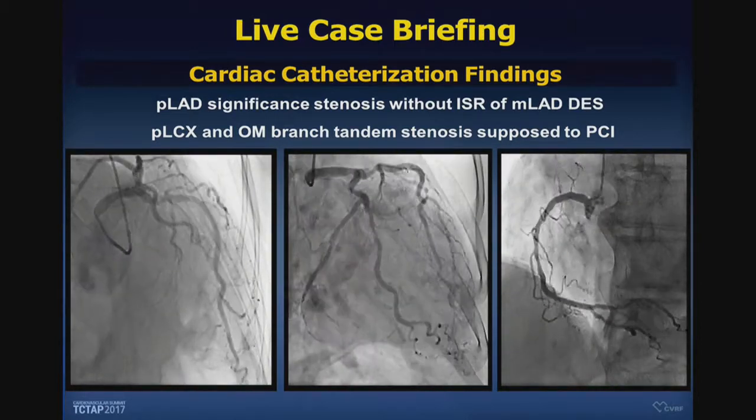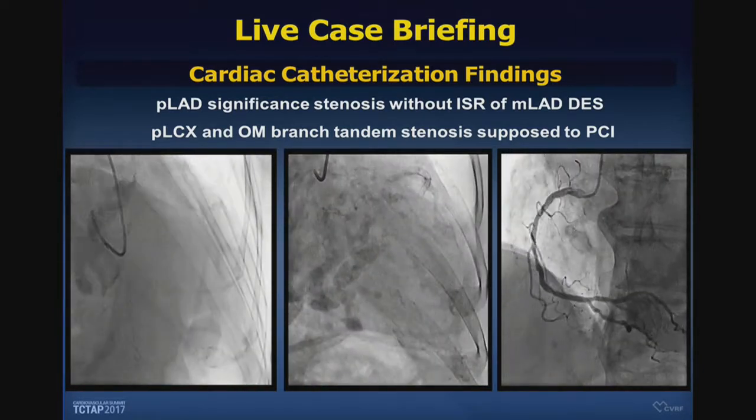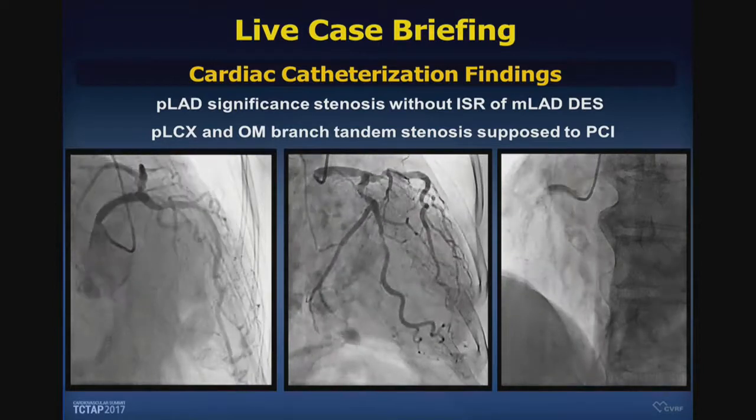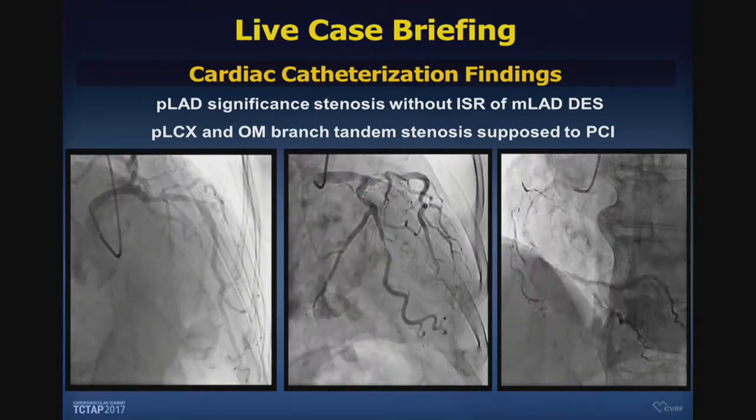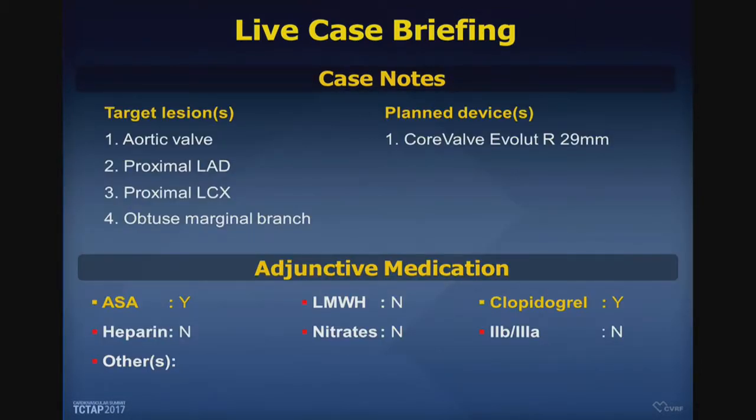This is the coronary angiogram. We did the coronary angiogram yesterday. There is moderate stenosis in the proximal LAD, moderate stenosis in the proximal OM, and severe stenosis in the distal RCA. Next. This is the result of FFR. The FFR of LAD is 0.77. The FFR of OM was 0.68, and the FFR of RCA was 0.79. Next. Okay, we plan to do TAVI by Evolut R